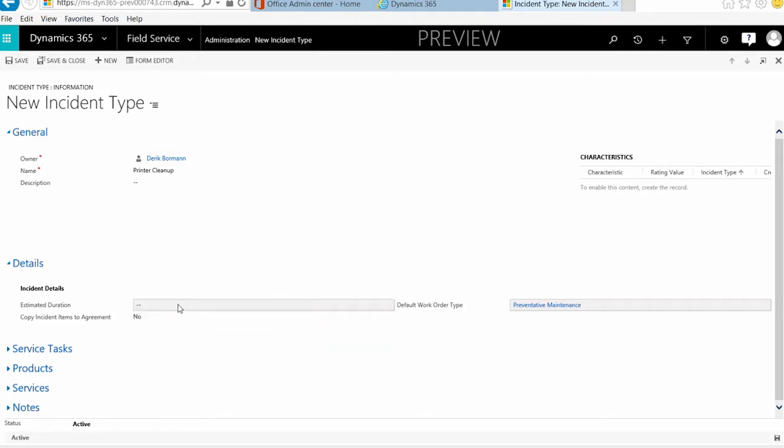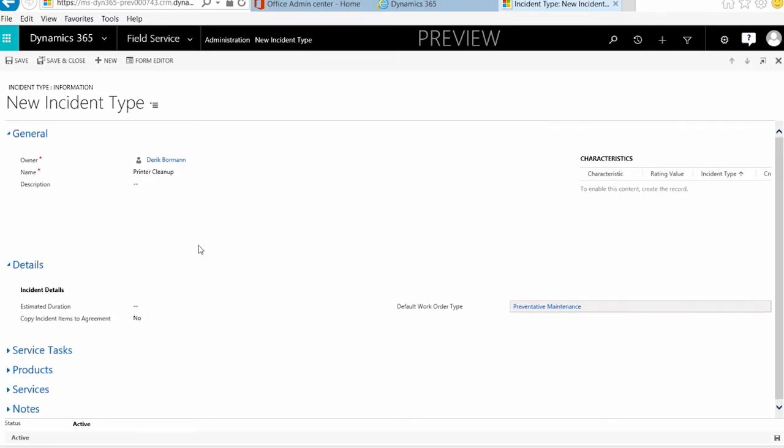Now, the estimated duration, I can have that pre-populated based upon some of the service task options that we add into the system. But this is where I can start building my individual situation. I could also copy these incident items specifically to any agreements, if I have an agreement associated with this that I want to use to auto-populate some of the work order options from there. Now, this is the generalized information. Once I hit save,